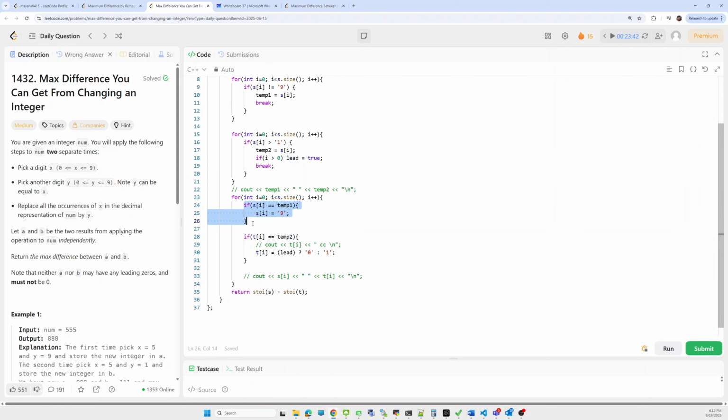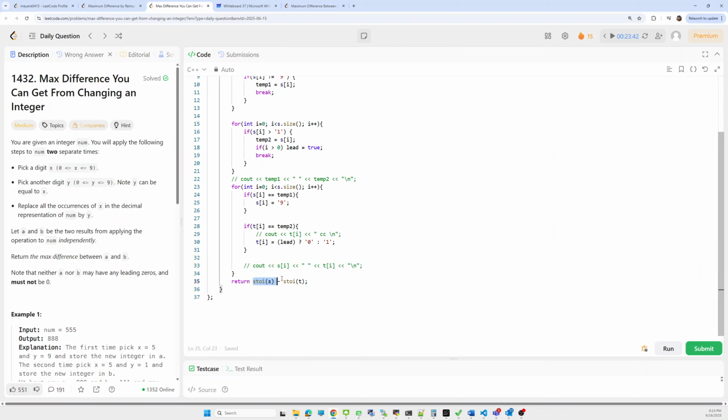While iterating, if we are able to achieve the target, then we have to replace. Else, we have to make it maximum. Sorry, for the minimum also, if minimum is achieved, then we have to check whether we can make it leading or not. If it is not leading, then we'll replace by 0, else we'll replace it by 1. In the end we have to typecast both the strings into integers and return the difference. Okay, now this is the C++ implementation.